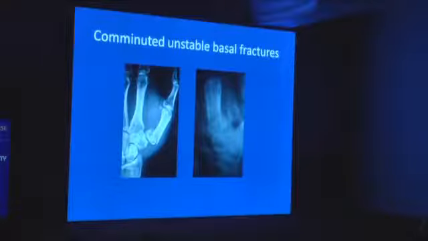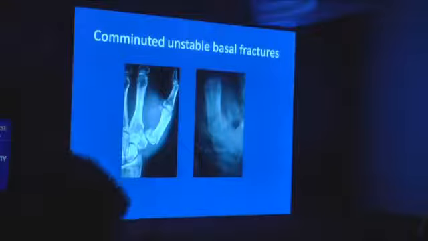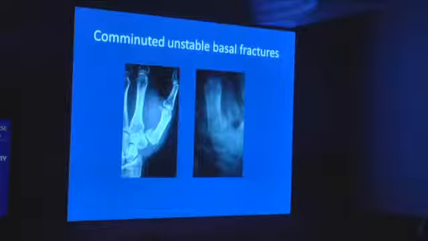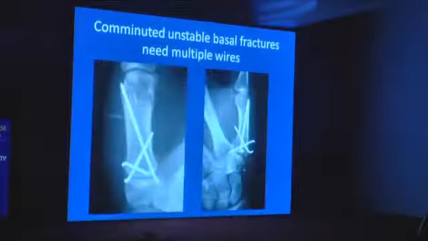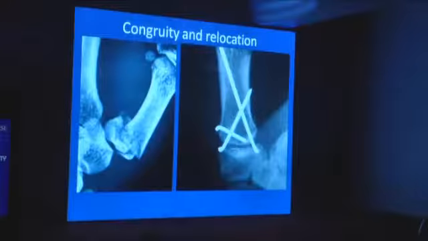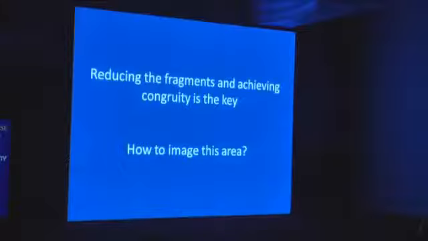When you have a comminution, then it becomes a little more difficult. So we're going from the easy ones to a little more difficult one. And there you need multiple pins. Here you see an antegrade K wire has been passed and 2 pins have been taken. Now what is the purpose of all of this? It is to get that joint back in place. And if you pay attention to the joint, you realize that it's always in good position. So once you've got the joint in position, obviously the results are going to be good. You need to keep this on for 6 weeks.